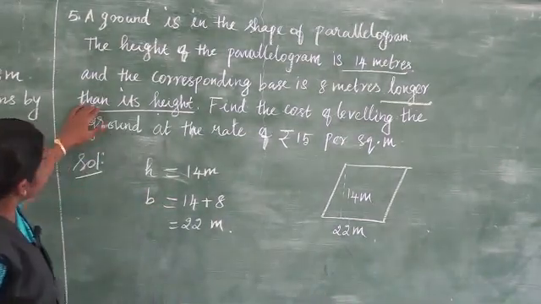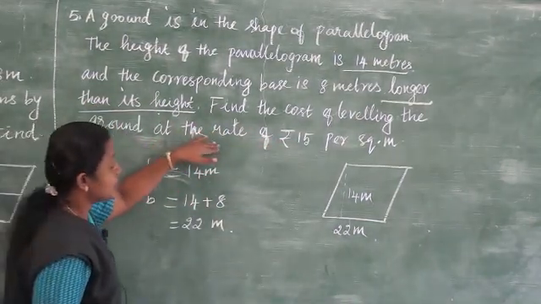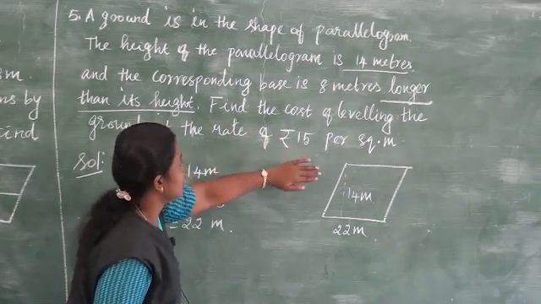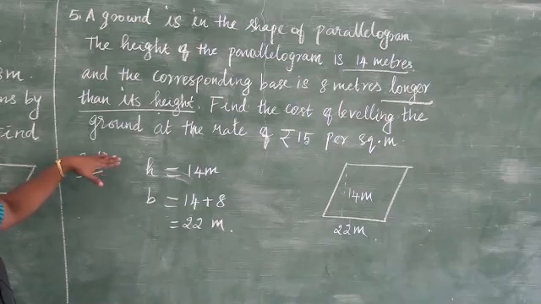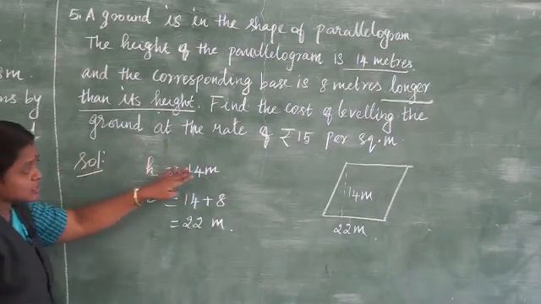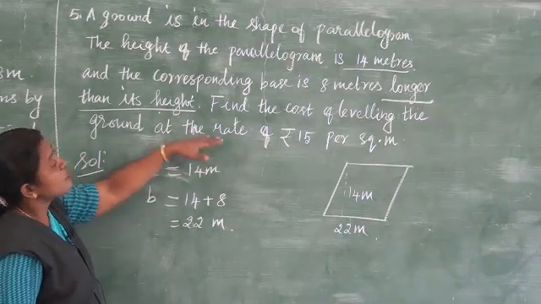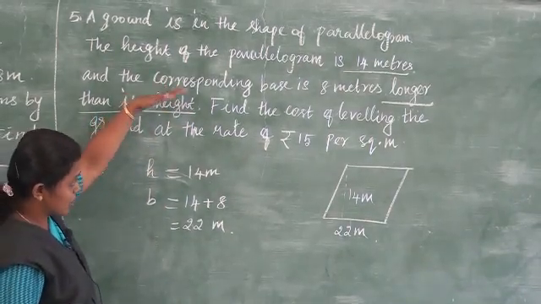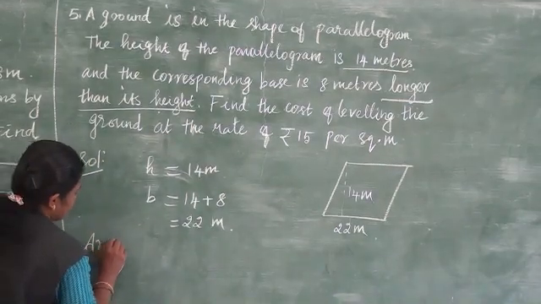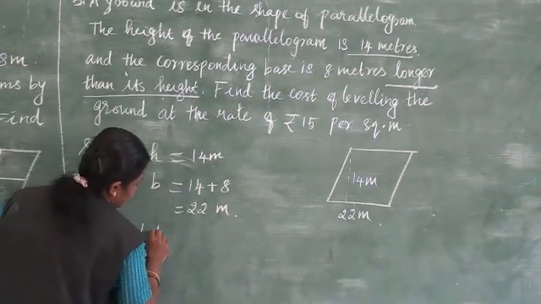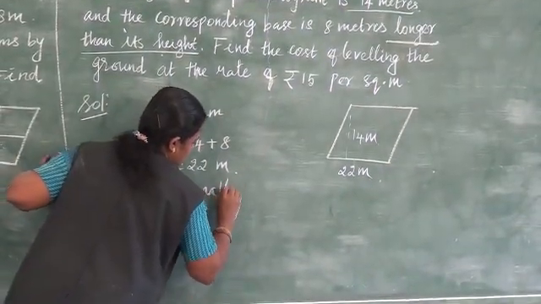Then what is the next statement given to us? Find the cost of leveling the ground at the rate of ₹15 per square meter. So what is the cost of leveling the ground? 1 meter square costs ₹15. So first we should find out the area of the parallelogram. After that we substitute the values. So, area of the parallelogram,